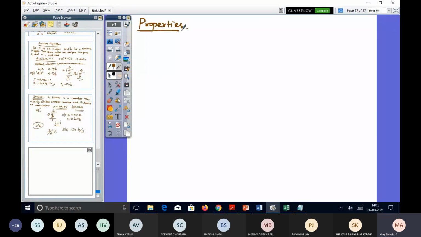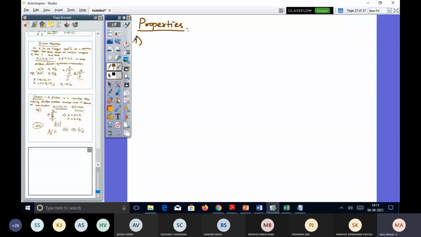So what do the properties mean? The first property is there. We just note down all these properties. Everything is there in the reference book. You can also see that, and if you follow this, it will be easy. Okay, we just make a note of it. The first property is